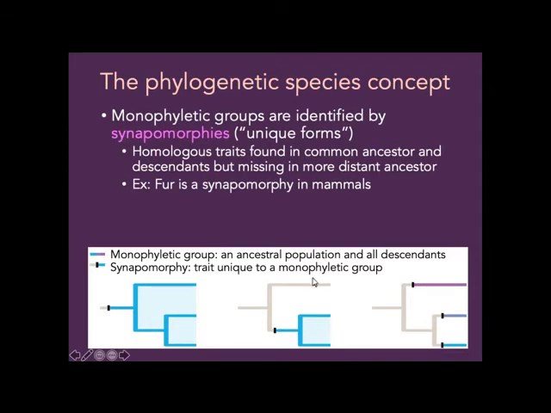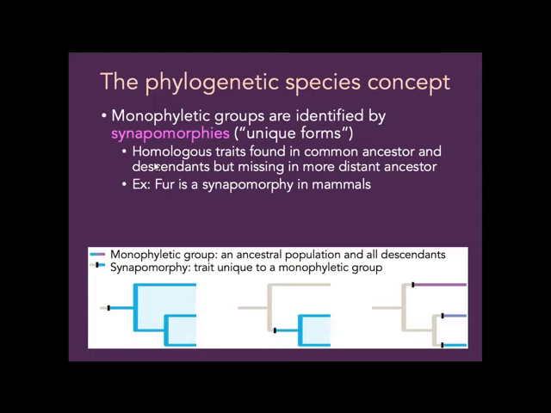All right, there we go. So monophyletic groups are identified by synapomorphies. So, yep, a homologous trait. What does homologous mean? Anyone? It was like similarities? Yeah, similarities. Similarities why? It was similarities because you inherited a trait from a common ancestor. Yeah. All right, so a homologous trait is a trait that two groups have in common because they inherited it from